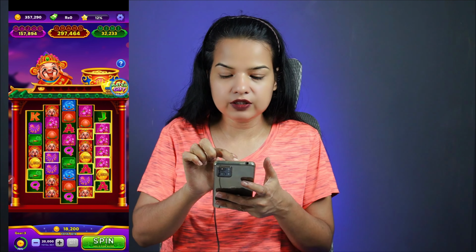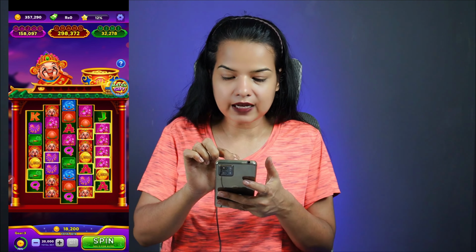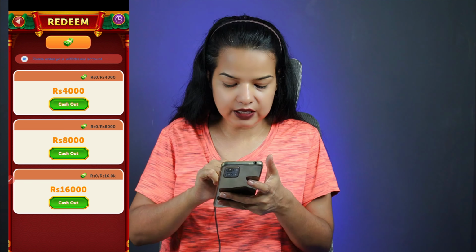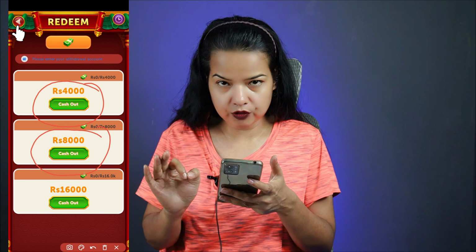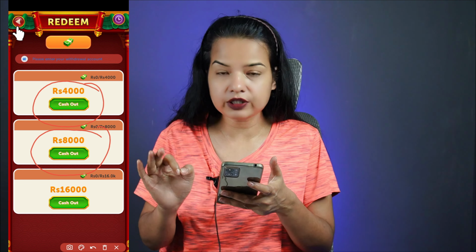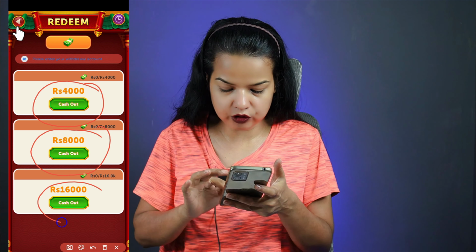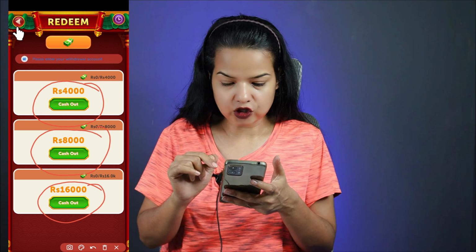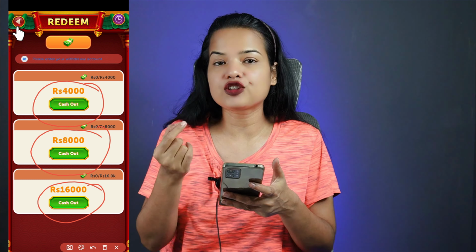Now when I touch this rupees or dollar sign section, then see here you have to cash out 4,000 rupees, or 8,000 rupees, or 16,000 rupees. But for this cash out you need a cash reward.